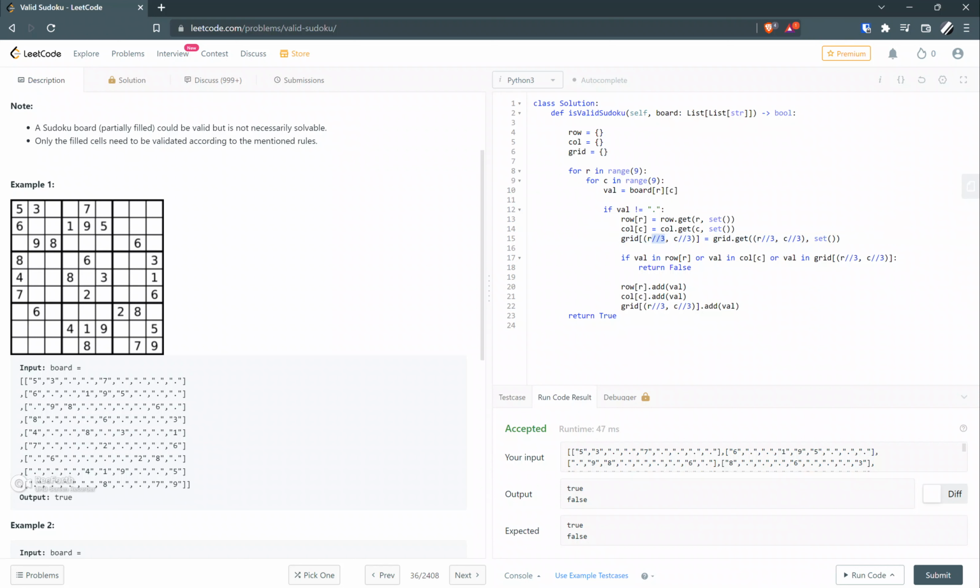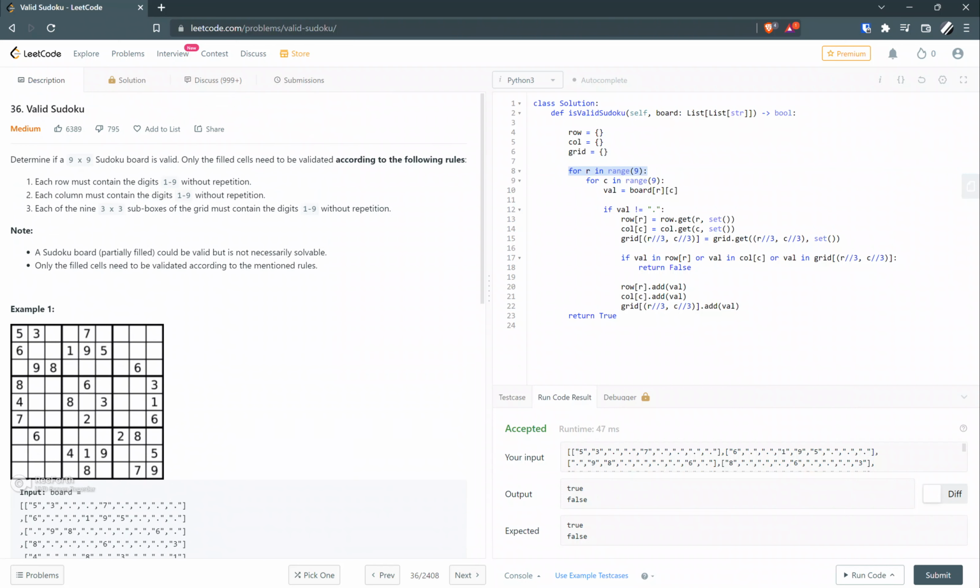ग्रिडको पोइन्ट अफ भ्यूबाट गर्दाखेरि हामीले त्यसलाई इन्टिजर डिभिजन 3बाट गऱ्यो भने, त्यो पर्टिकुलर ग्रिडको रोको भ्यालु कति हुनुपर्ने र कलमको भ्यालु कति हुनुपर्ने भनेर थाहा हुन्छ है त। सो हामीले के गर्यौँ, एउटा लुप लायौँ र सिन्स हामीलाई थाहा छ अलरेडी सुडोकुको जुन साइज छ त्यो 9x9 को छ, सो इन्स्टेड अफ फाइन्डिङ कति हो यसको लेन्थ भनेर इमिडिएटली 9 लेख्दा हुन्छ, अनि त्यसपछि कलमको पनि लेन्थ 9 छ।